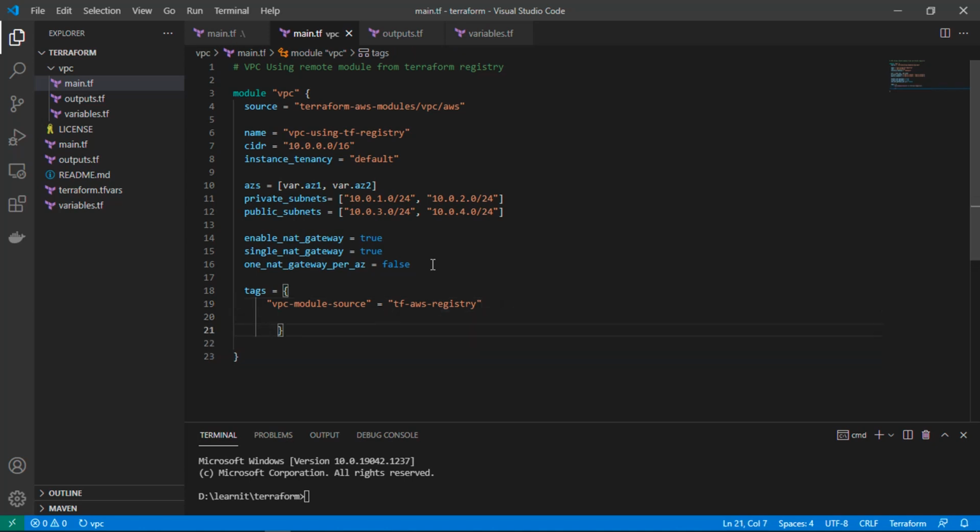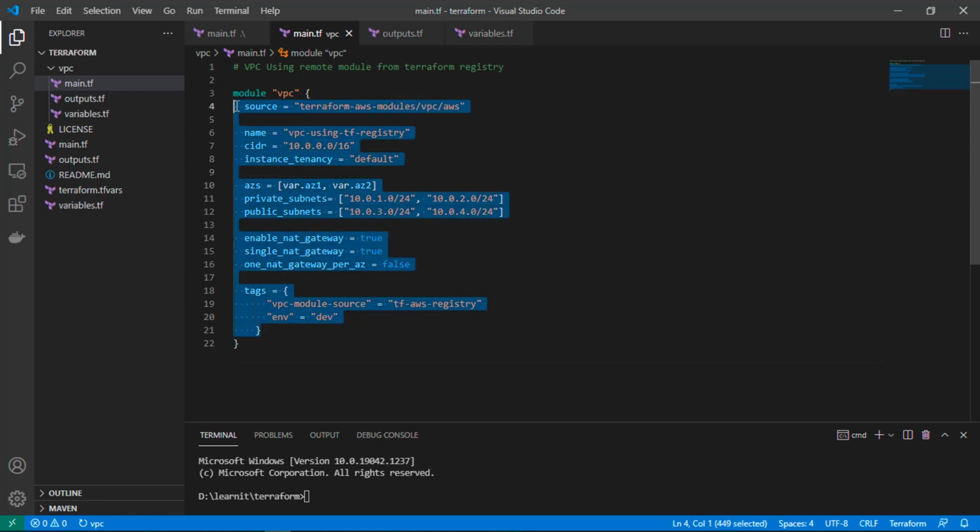We can also provide one more key value pair like environment, and I am providing environment as dev for this VPC. So guys, you can see we have defined a complete VPC with only 20 lines of code, and earlier we had written 200 lines of code for a VPC.